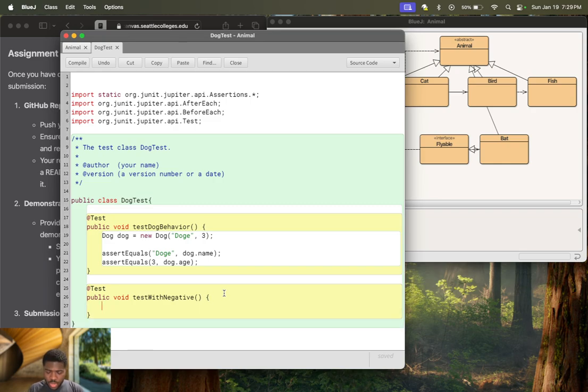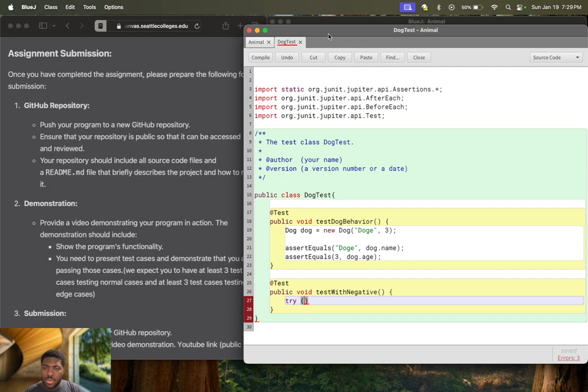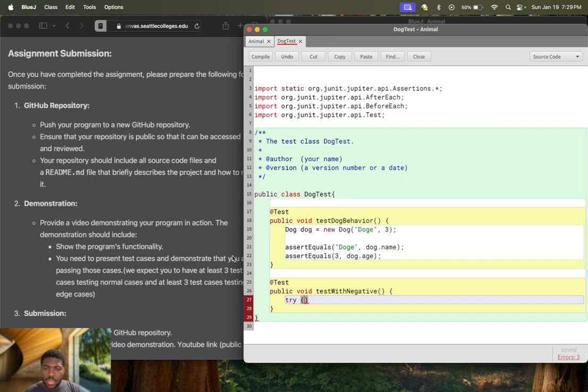Let's do a try, right? Like so. We're going to do a try because we do it like this. So since this one's a new one here,